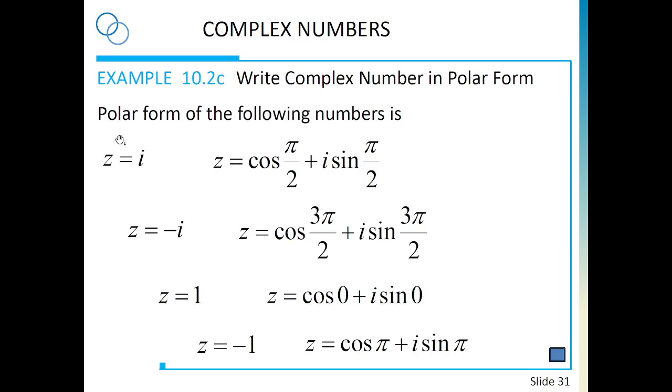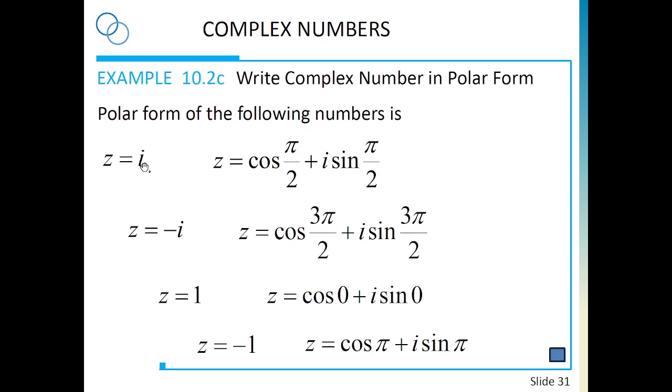So what happens if I have a complex number and I need a polar form? So here z is i, so that means we have 0 plus 1i, right? So 0 plus 1i. So the modulus is 1, so that's fine. And the angle here,